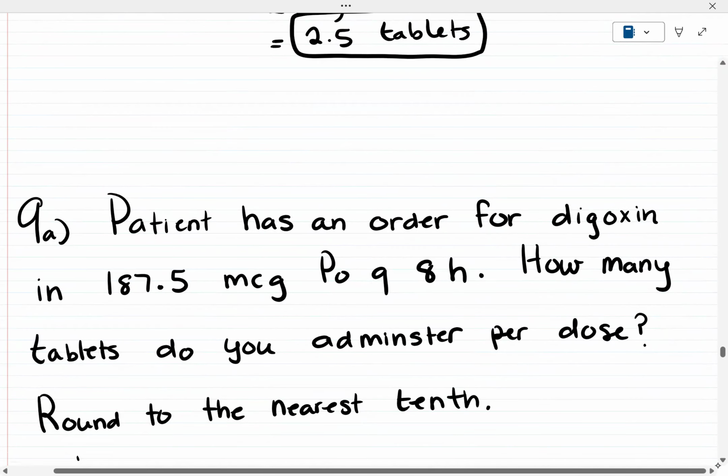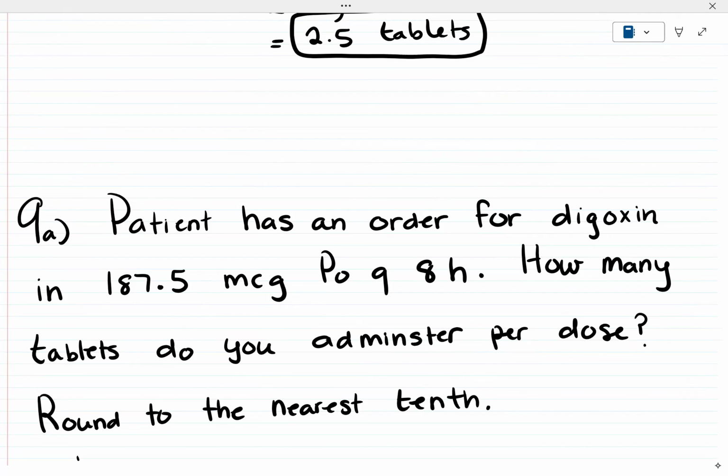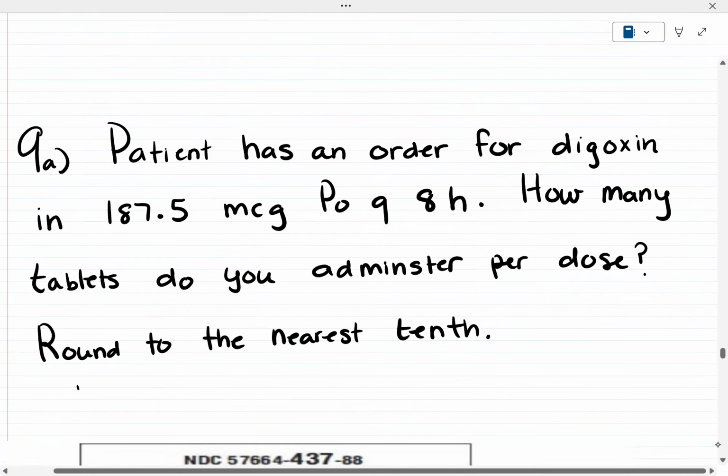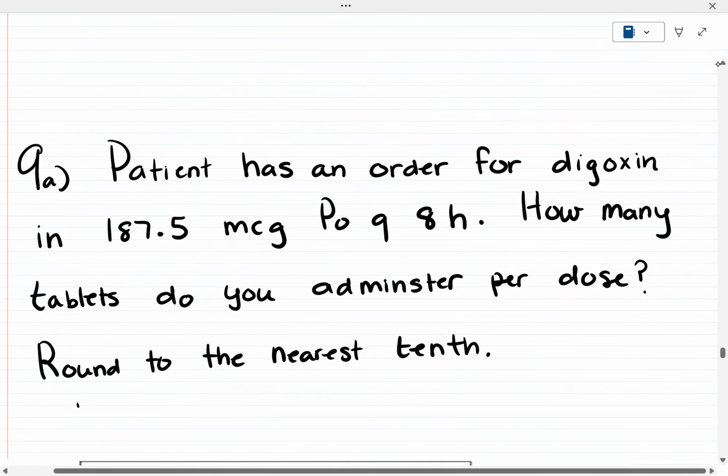Okay, question 9. I think there's only like 11 examples, so we're almost done. So question 9a says, patient has an order for digoxin in 187.5 mcg